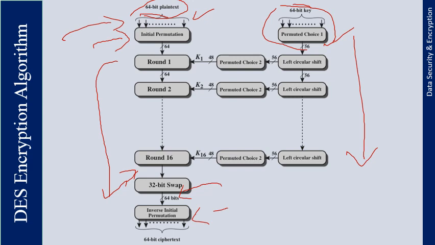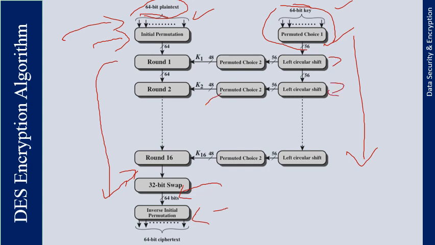Then for each round in the 16 rounds, a sub-key is produced with a combination of a left circular shift and a permutation. The permutation function is the same for each round, but a different sub-key is produced because of the repeated shift on the key bits. So you take the initial key of 64 bits and perform a permutation function and change the key to pick the 56 bits, and then for each round, you perform a left circular shift